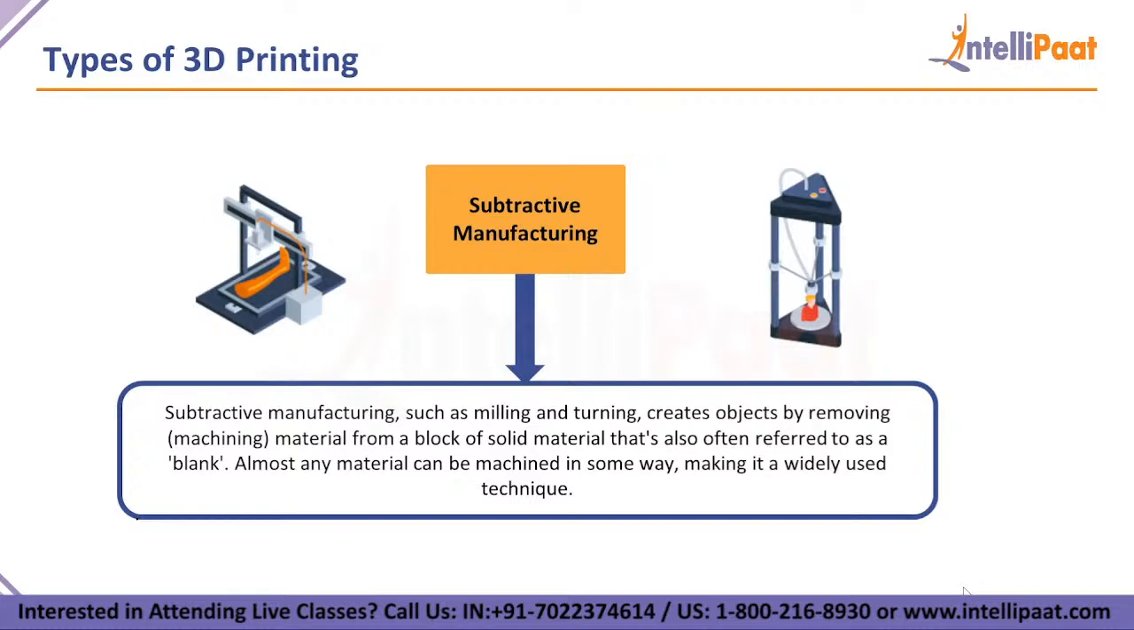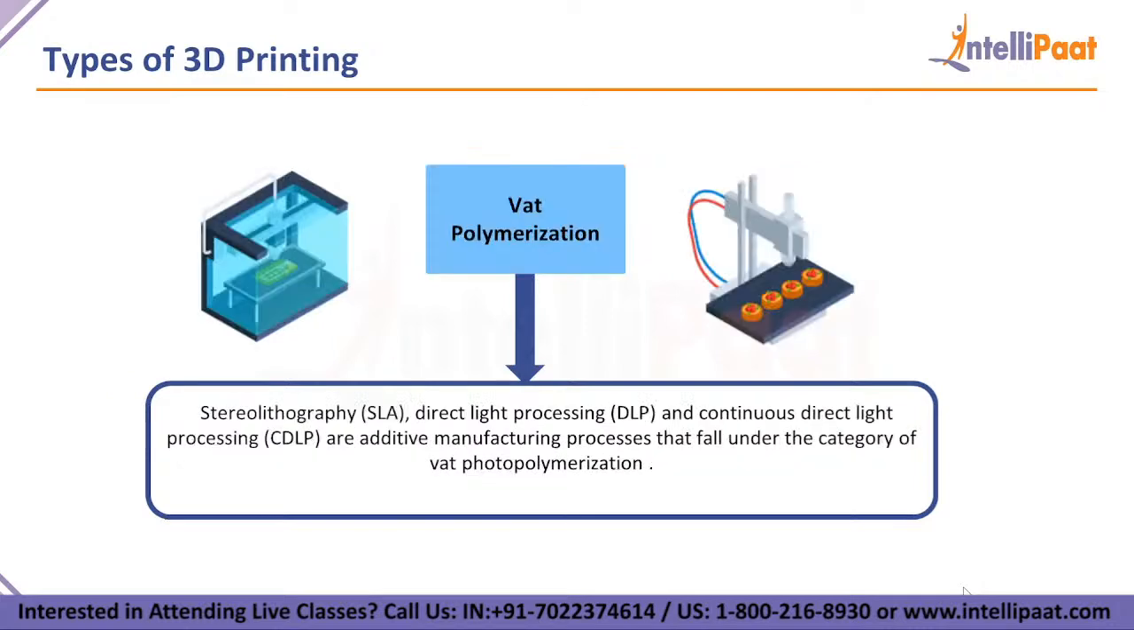which adds setup time and cost, but for the majority of designs, it's the most effective or cost effective method of production. The 3D printers can be categorized into one of several types of processes. First one is vat polymerization, in which liquid photopolymer is cured by light. So the SLA, direct light processing, and continuous direct light processing are additive manufacturing processes that fall under the category